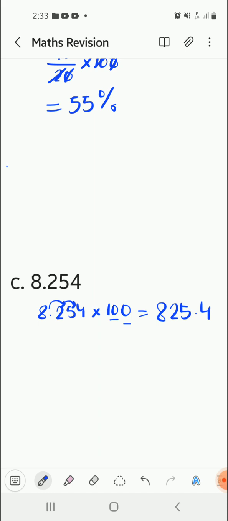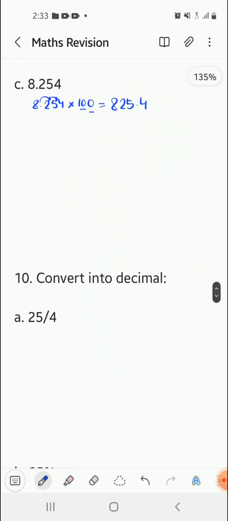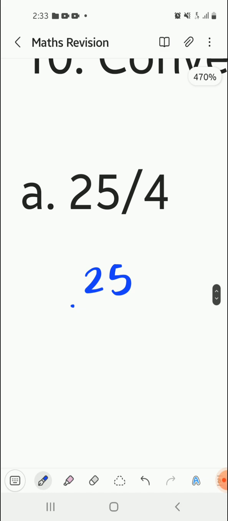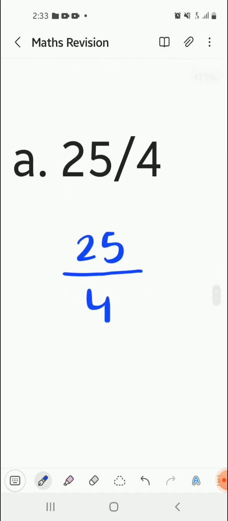Moving on to the next question. Convert into decimal. Now we are given a number. We have to convert it into decimal. We have got 25 by 4. Now we can do it in two ways. First,